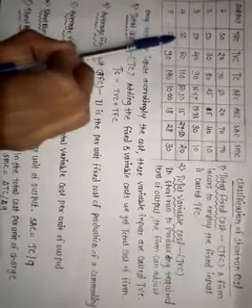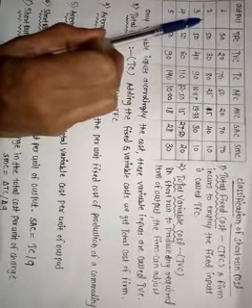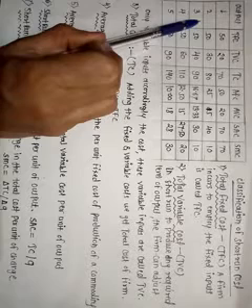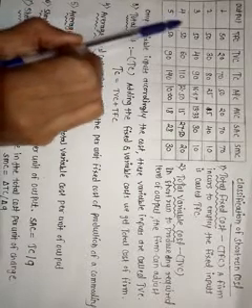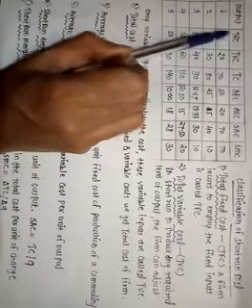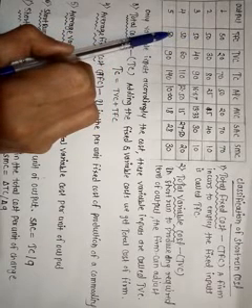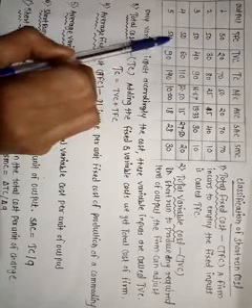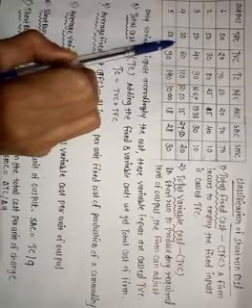See here, in the table, the first column shows the units of the output, the different levels of the output. If we observe here, the total fixed cost is rupees 50 for any level of the output, means all the levels of the output. So it is the fixed cost.